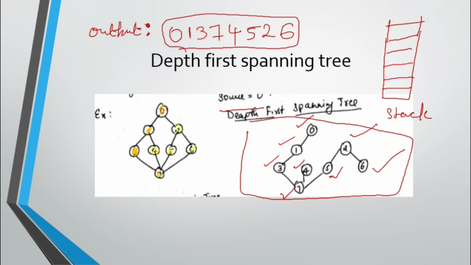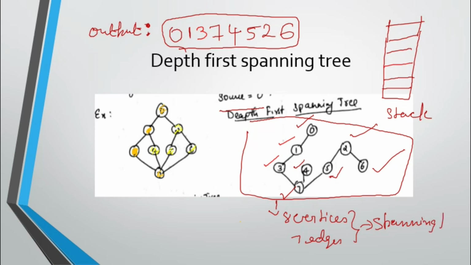Okay, so depth first search, this is the depth first search spanning tree. And why is it a spanning tree? You can observe, how many vertices do you have here? You have 5 6 7 8 vertices. Okay, so you have 8 vertices, and how many edges do you have? You have 1 2 3 4 5 6 7, yes, 7 edges, correct. So it is a spanning tree.